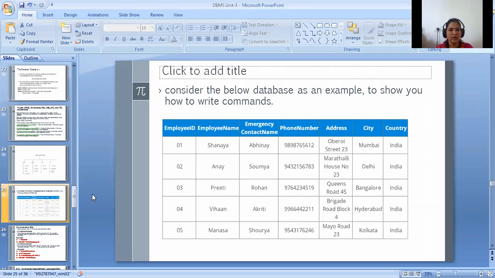If you're interested, you can install it, or if you just want to practice the SQL commands, you can also use an SQL compiler online. Just Google SQL compiler online. You will get n number of options for executing SQL queries, SQLite, MySQL, like n number of options are over there. Just go through it.